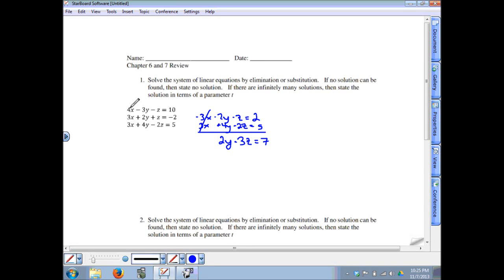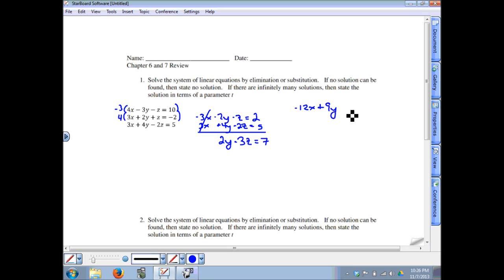So if we choose the top two, for example, this is a coefficient of 4, this is a coefficient of 3. The least common multiple is 12. So I'm going to multiply the top equation by -3, the bottom equation by +4. What that's going to do is give a coefficient of -12x here, a coefficient of +12x there. So those two equations are going to become